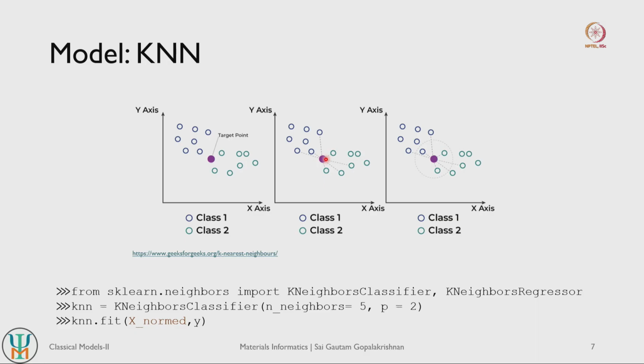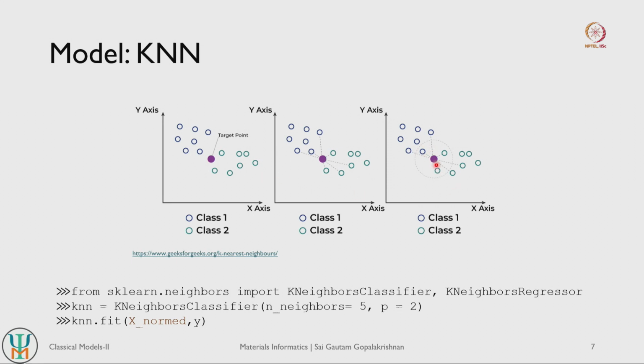The model will first try to identify which points are its nearest neighbors, right. Depending on the k metric, let us say you have given 3 nearest neighbors as your criterion, it will shortlist 3 of the nearest neighbors, and here you see that 2 of the nearest neighbors are lighter blue and one is darker blue in color. So it will label the new target data point as light blue in color, right. That is how k nearest neighbor works.